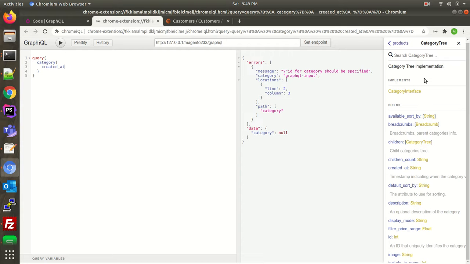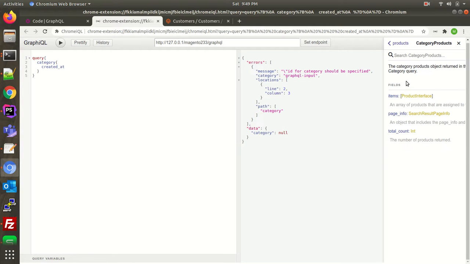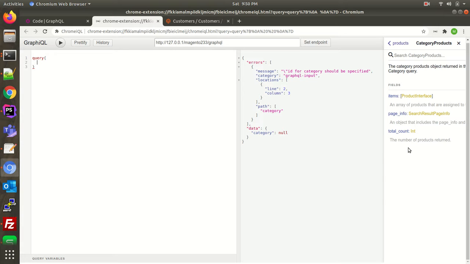Just hold on, guys. Let me see if there is anything. Type is category products. Why is it not coming? That is my question. Category, sorry. So like this you have to search, right? I have not done it previously, so I'm just running it, executing it in the video only. Okay, so we have category tree. No, it is not working.